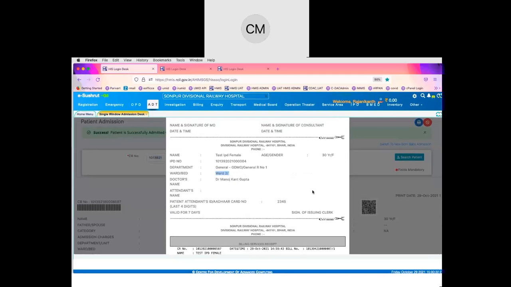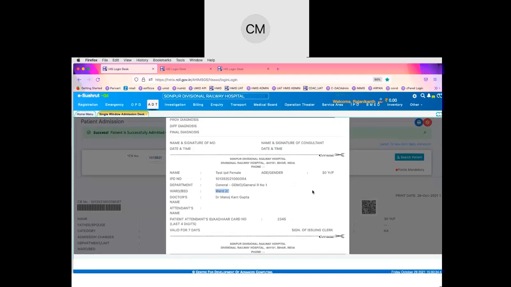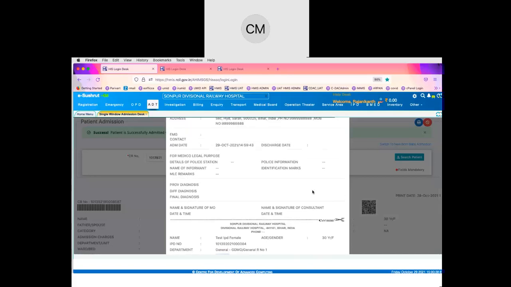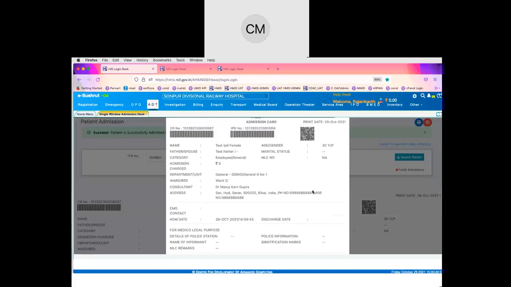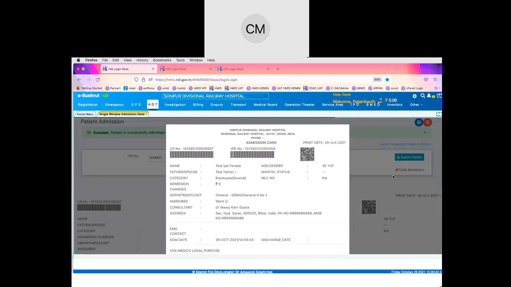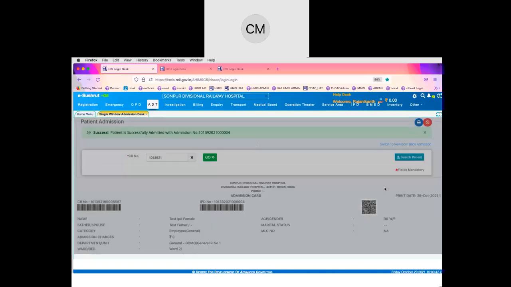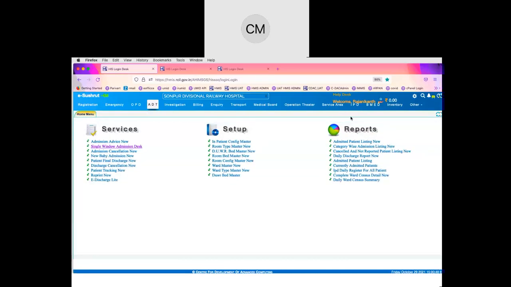Here the bed has not been allotted. It is only an admission confirmation to a particular ward. Now this request can go to a particular ward, and in that ward, the patient can be assigned a particular bed.